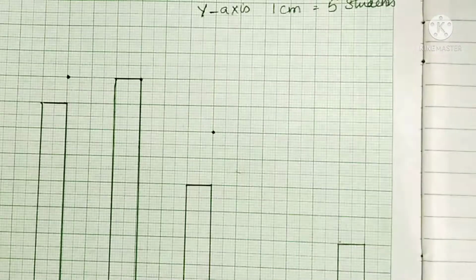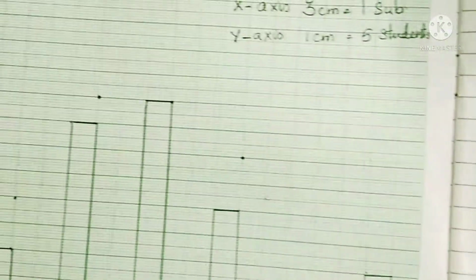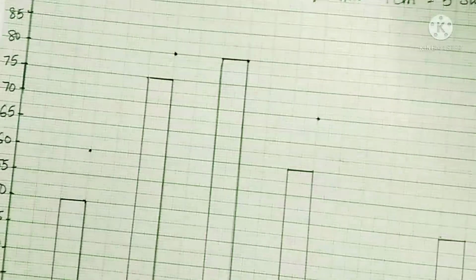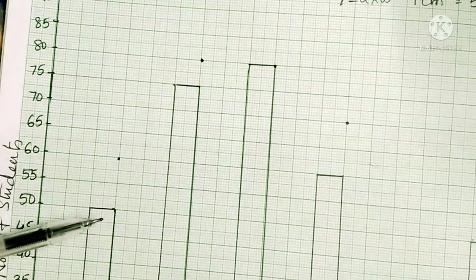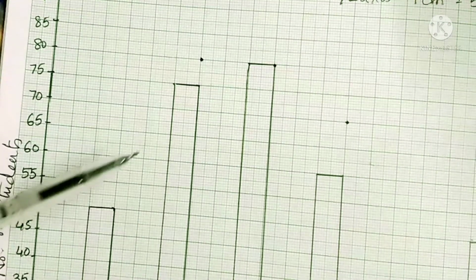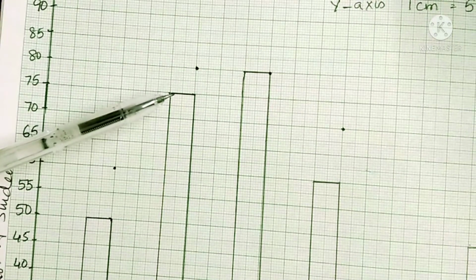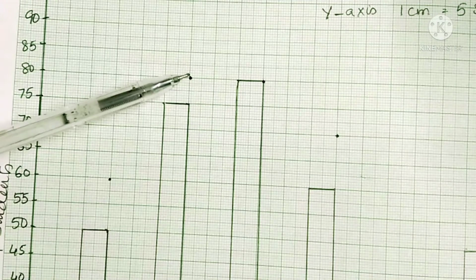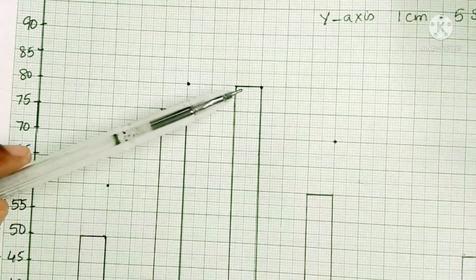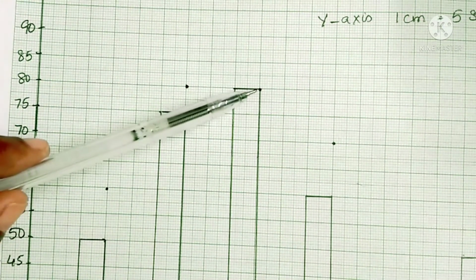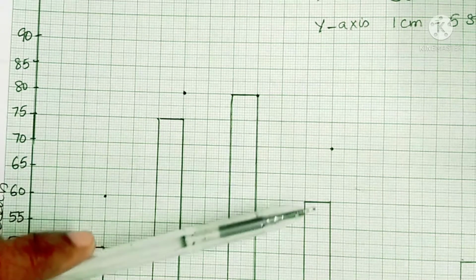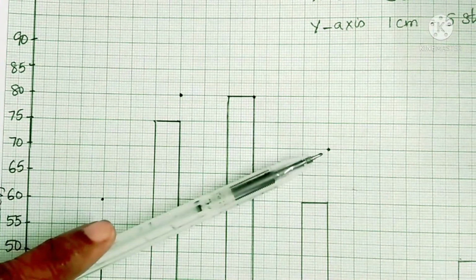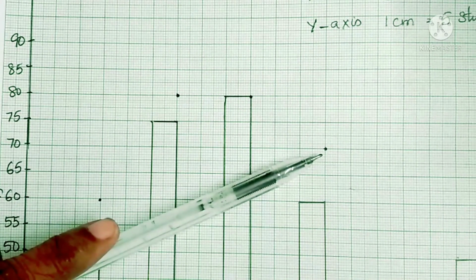Now, you see the points in the second year. For English it was 60. So, see here the first one was 50, now it is 60. Similarly, for maths it is 80, before it was 75. So, it is 80 here. In science there is no change, it is again 80. So, we just mark the point. And in SS it was 60, now next year, second year it is 70.